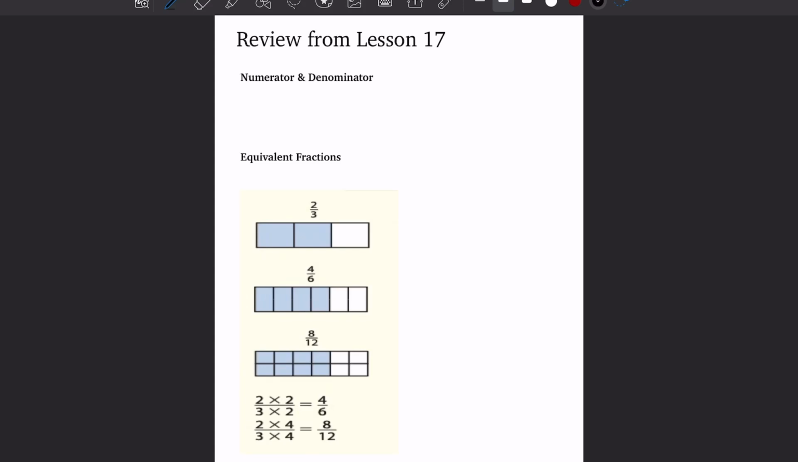Hello, Navarre's crew. We are back again with another lesson, and today we're going to be looking at comparing different fractions. So before we get into that, let's do a little bit of review from our previous lesson, which was